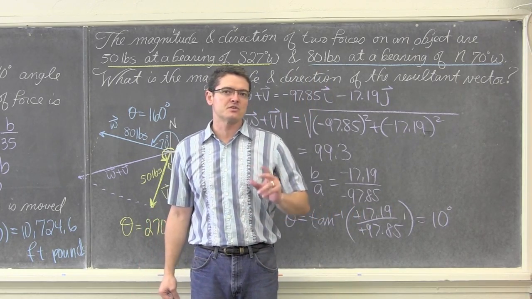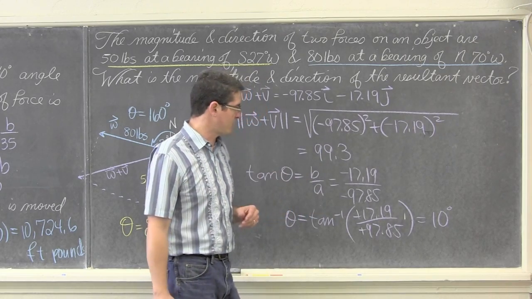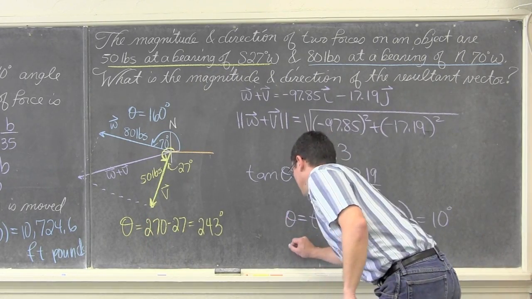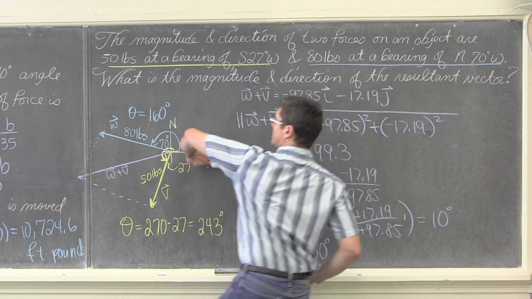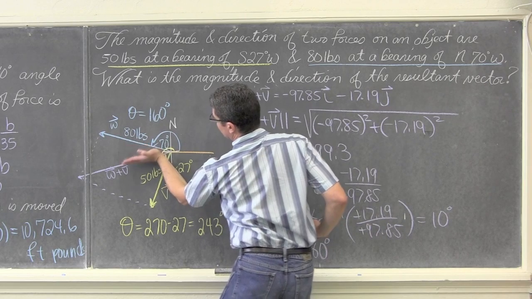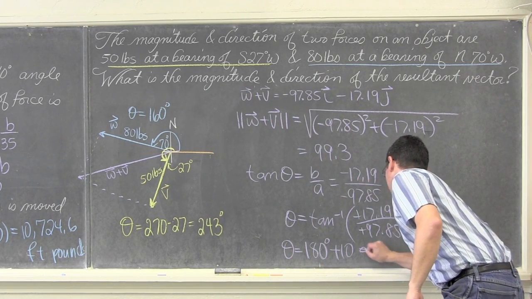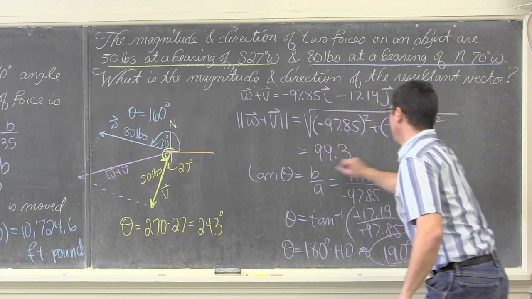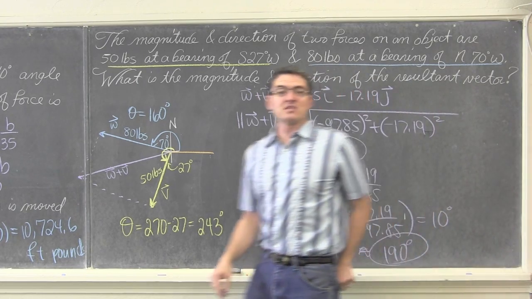If it has a negative, you can just drop it. I mean, it means something, but as far as reference angles, we only have positive reference angles. So our actual direction is theta equal to 180 degrees, plus another 10, or of course, roughly, to round it off, 190 degrees. So there is our magnitude and direction of our resultant vector.